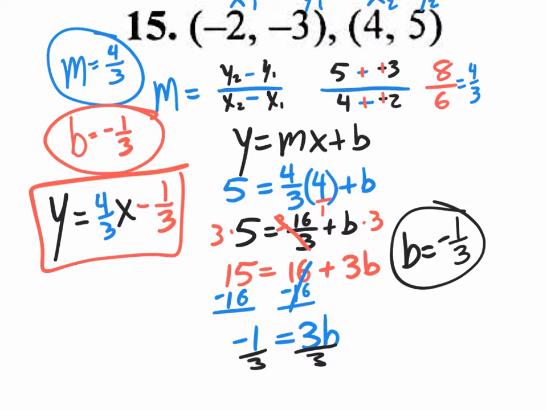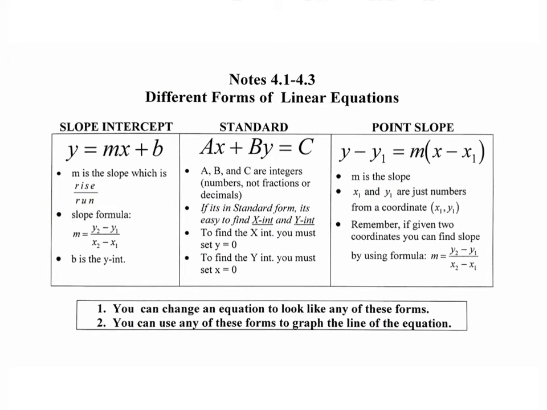Once you find the m and the b, you can simply plug it in and you'll have your slope-intercept form equation. Who cares if you have fractions? So we're done with this worksheet. What we need to do now is move on to the next section, which is kind of like the same thing because we're still going to be writing equations. So this is section 4.3, the next section, but I'm really going to just mesh all of the sections together so that you guys could see that we're going to be talking about different forms